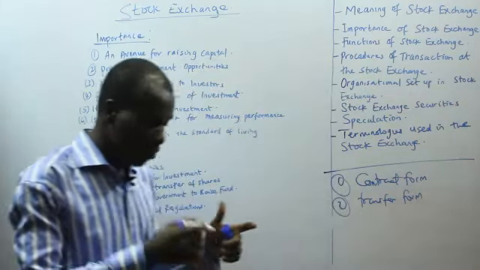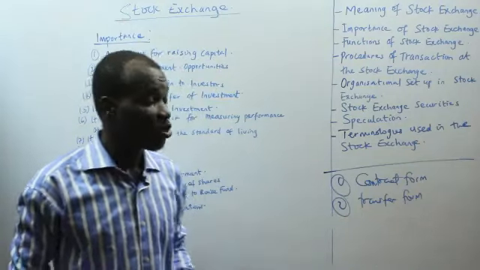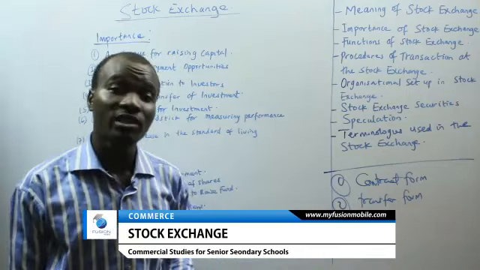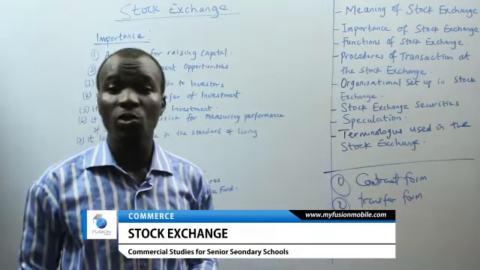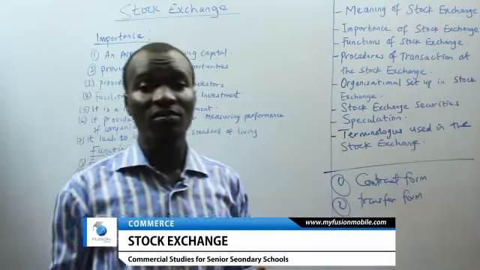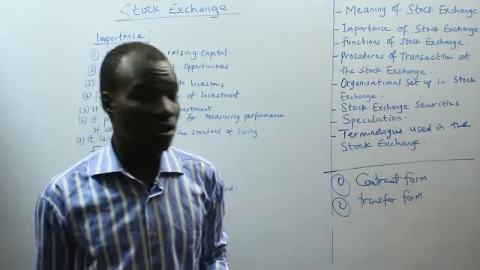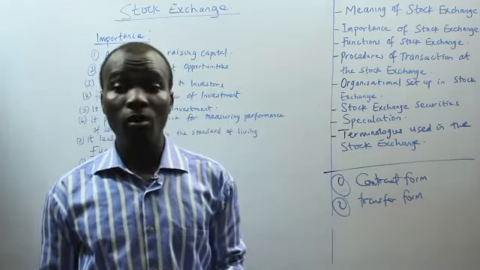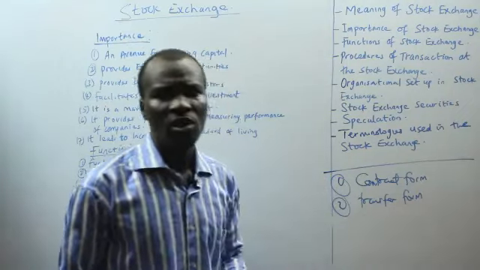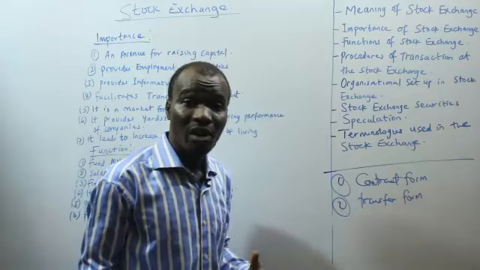The contract form gives the initial stage of the procedure. The stockbroker is going to send this form to his client, asking whether to sell or to buy security on his behalf, and that contract form shows the date of the transaction, the amount to be given, the selling price of the security, the amount to buy the security, and some necessary information. So once the contract form has been signed by the client, the stockbroker will go ahead and get the security for such a client, and once the security has been bought on behalf of the client by the stockbroker,